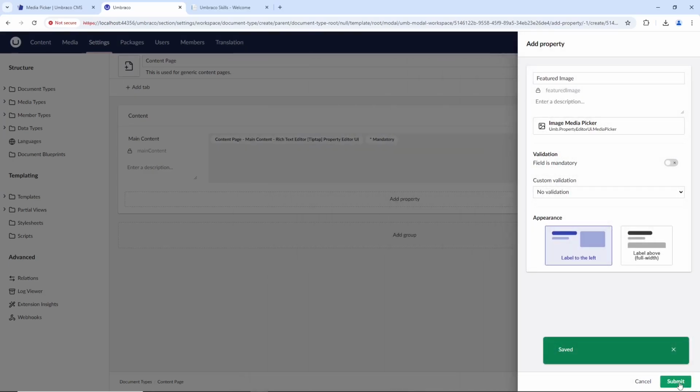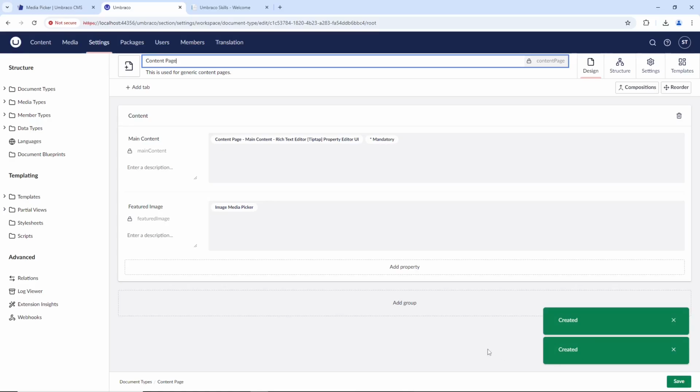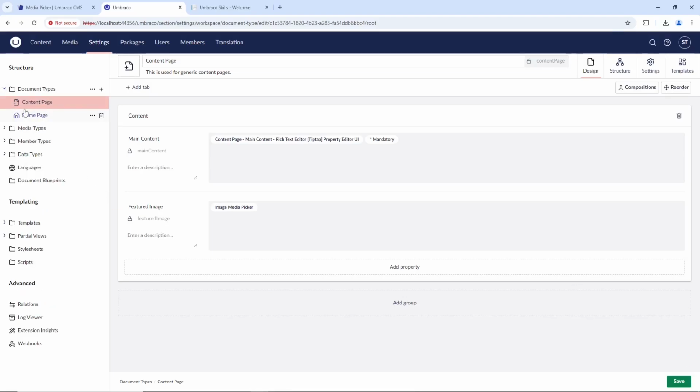Excellent. Save, submit it. And that is it for the content page. Short and simple. Let's save it. Now, in order to be able to create a content page, we need to go back to the home page here,